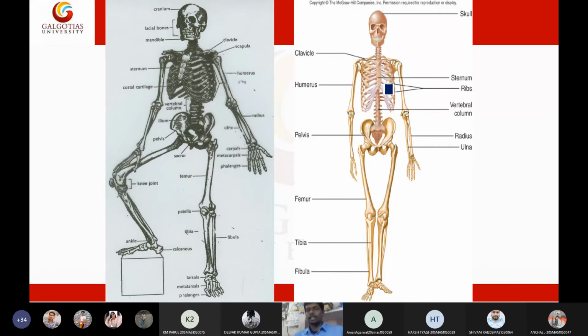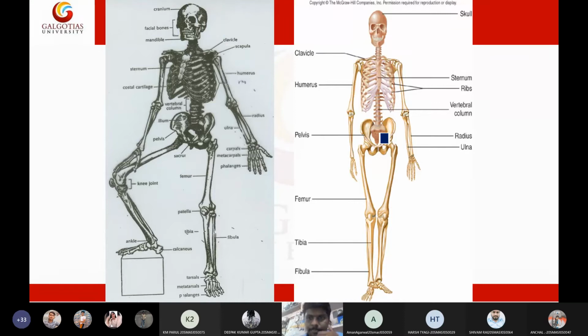So this is the rib cage, and this is called your hip bone. At the end of the spinal cord, some bones have been fused together to form the coccyx. The coccyx is an ancient remnant of the tail. Our ancestors had a tail, but it has gradually diminished through evolution. Still we have the remnant of the tailbone, called the coccyx, which is present at the back side of the hip bone.